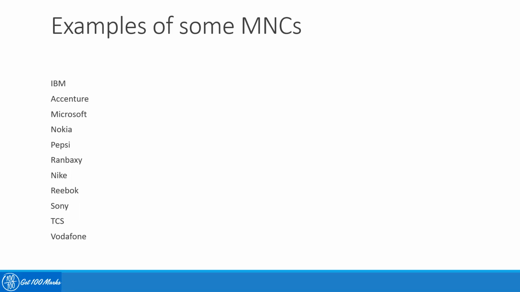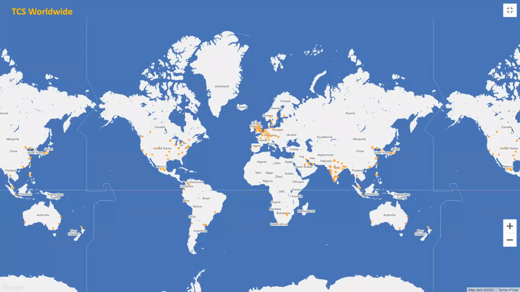Nike, Reebok, Sony, another example of a Japanese company. TCS is an example of an Indian MNC which is headquartered in India and has provided services across the world in different countries and customizes their offerings to different countries. So these are some examples of MNCs, and just to see the presence of TCS, what you see here, these